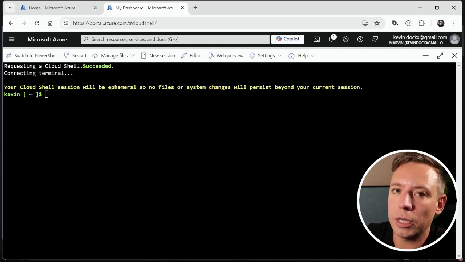We're going to deploy our API to our newly created app service with the Azure CLI